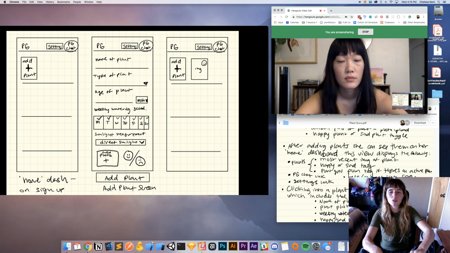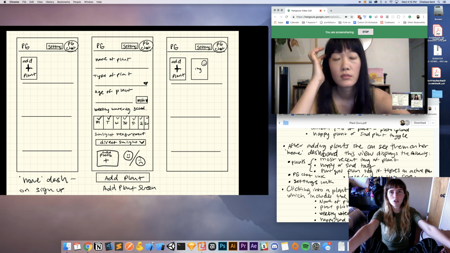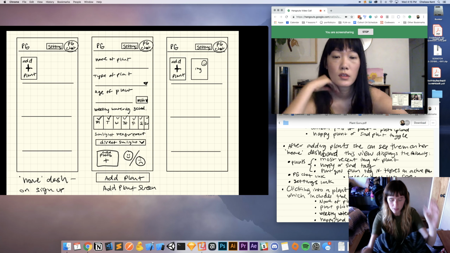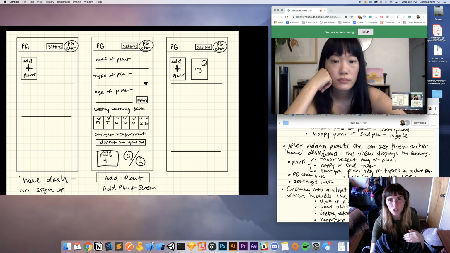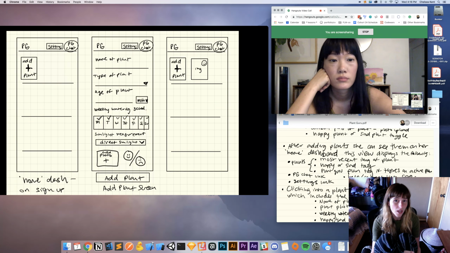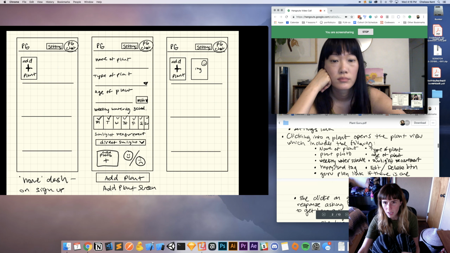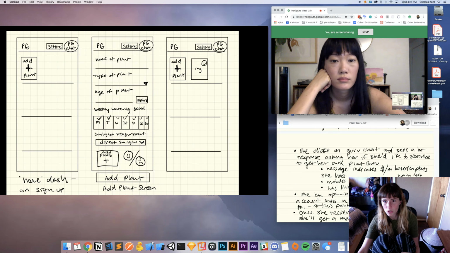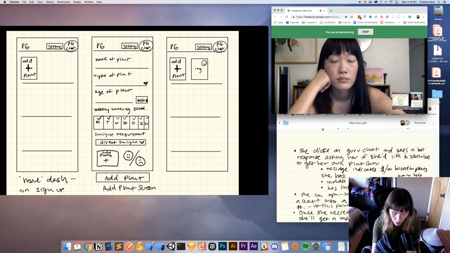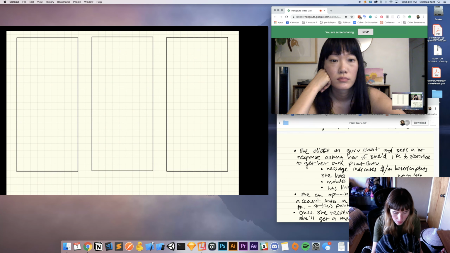Yeah. So after some of the conversation that we had earlier in the week, I was thinking through what could work, and that's what I think we should talk about now. You can come in, add all your plants, get some information, but then in this top corner here where it says PG chat, it would be a literal chat icon or something that brings you into talking with a plant guru. And when you talk to a plant guru, my thought, and we can draw this out, is say you click on that,